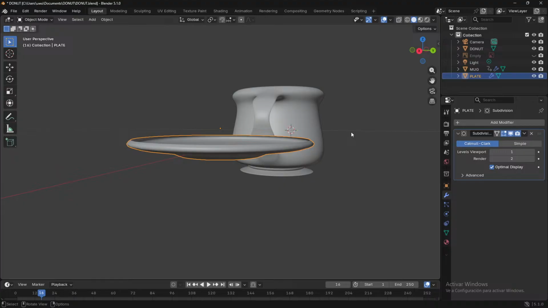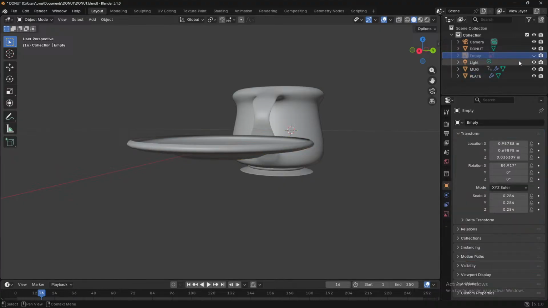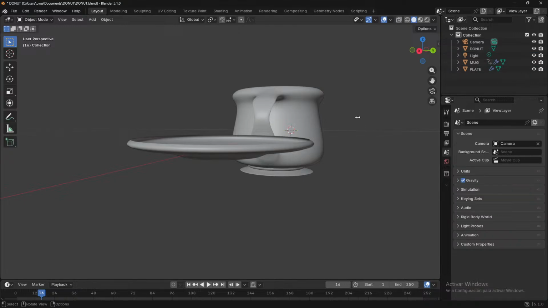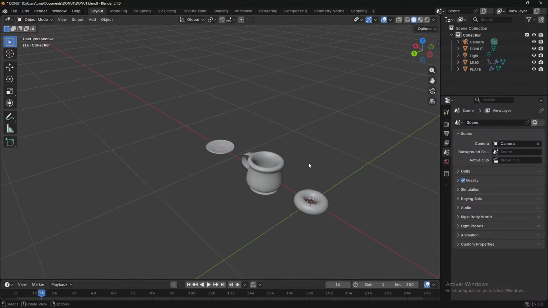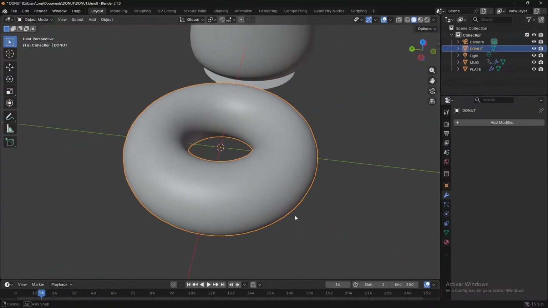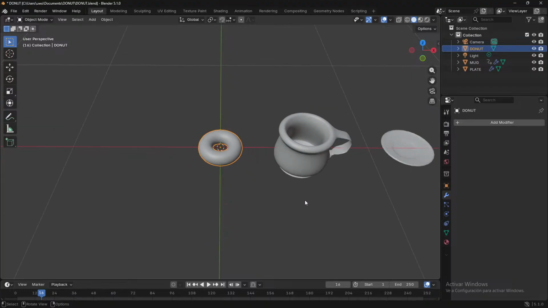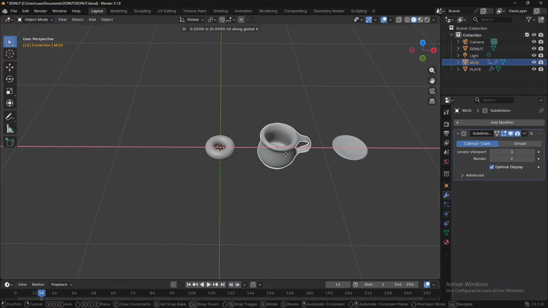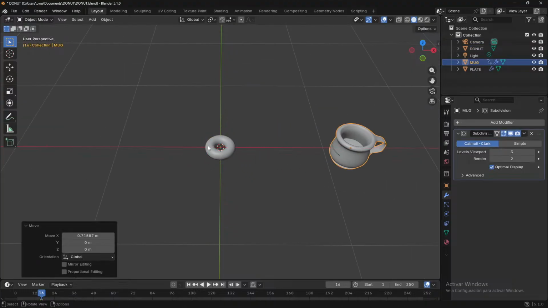I don't actually need the image anymore, even though I just renamed it. So I'm just going to delete that. All right, so we've now just got a camera, a donut, a light, and a mug. Great. So let's make that icing. I'm going to move my mug out of the way. So G and then X, and I'm just going to throw it to the side so we don't see it anymore. And let's focus on